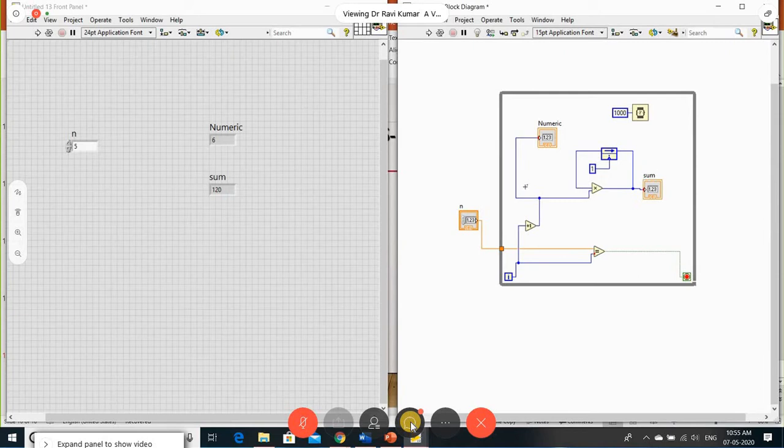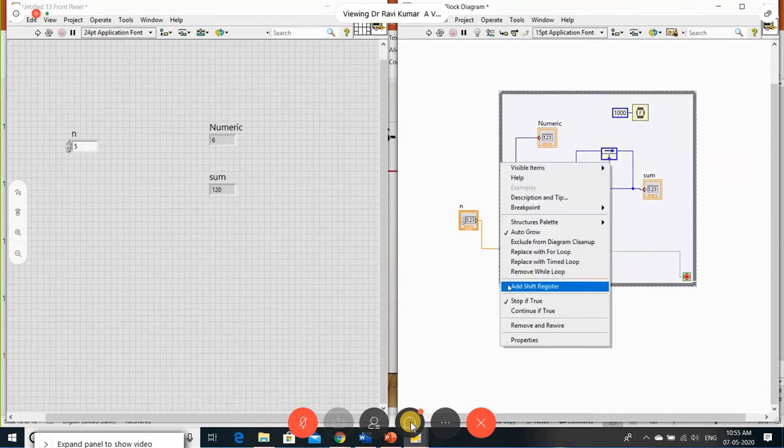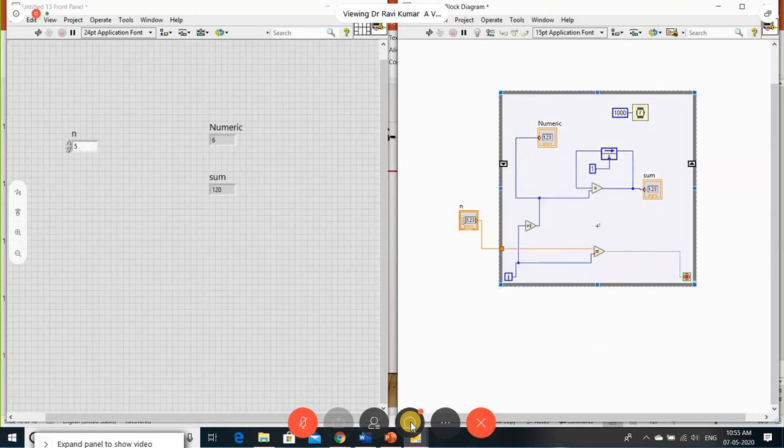Let me see that. Add the shift register. Right, so now what I'm going to do is delete the feedback node because I want the previous element to be multiplied. So here I use the shift register.